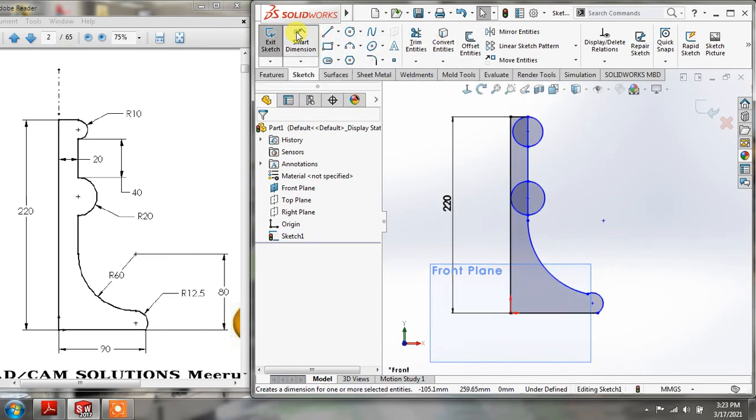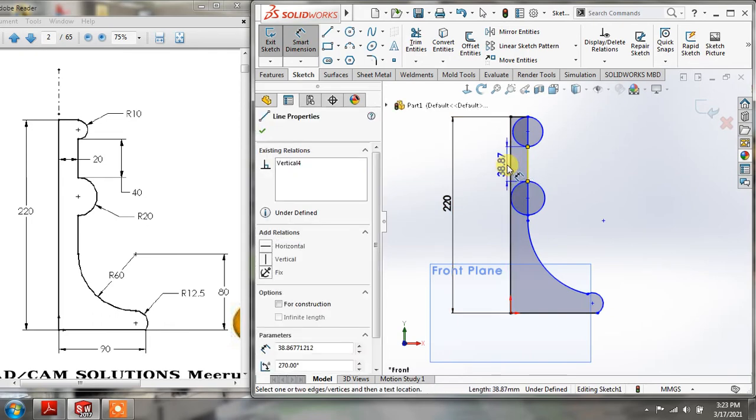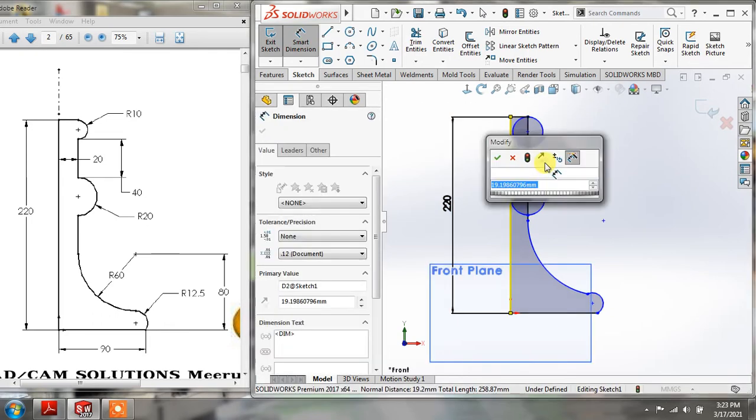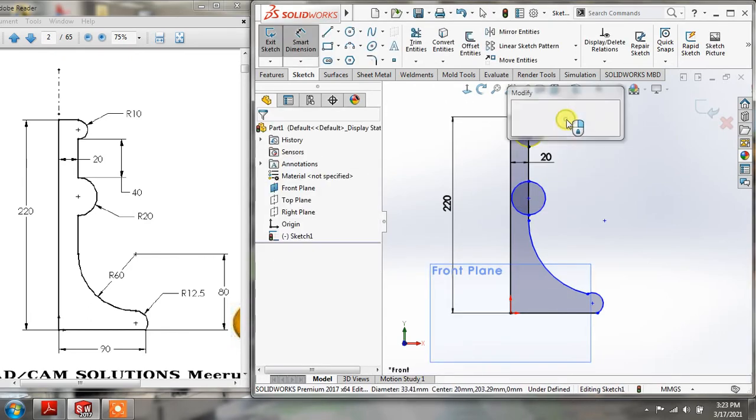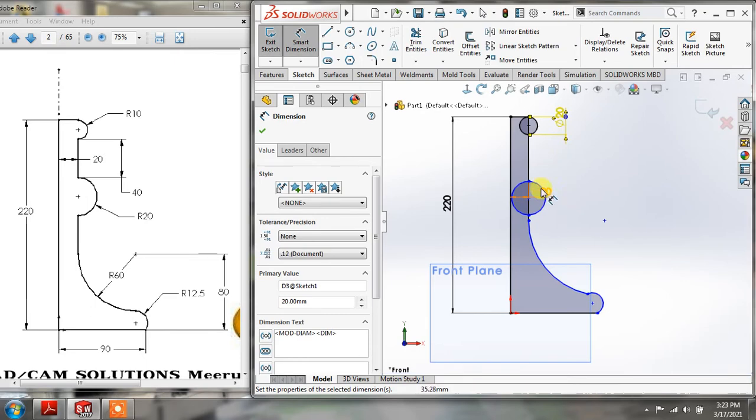So select this smart dimension, and this gap is 20, and this is 20 diameter.